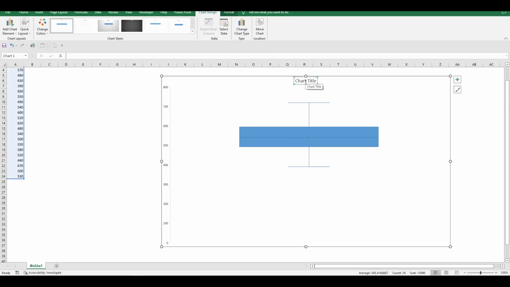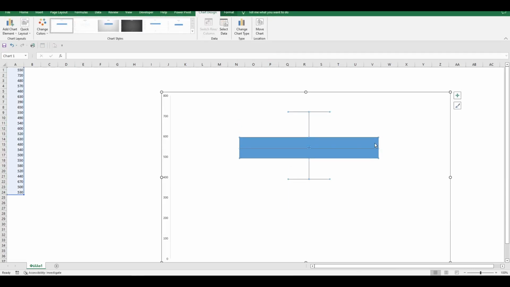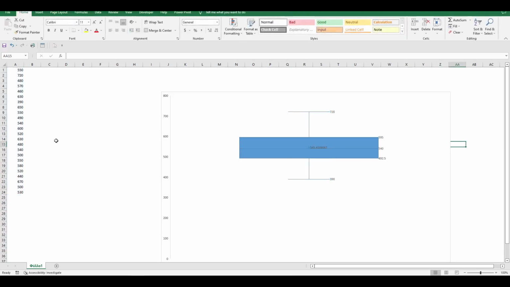I delete the title as well. And I select the values of the parts of the chart as labels. Here we are. So the value of the upper fence is equal to 720. And it is equal to the maximum value.